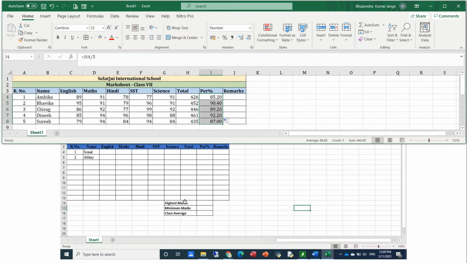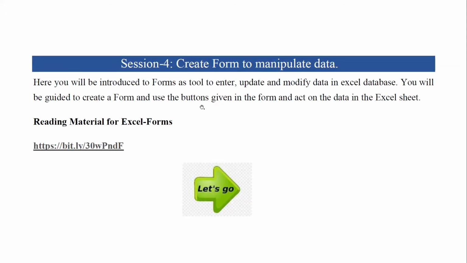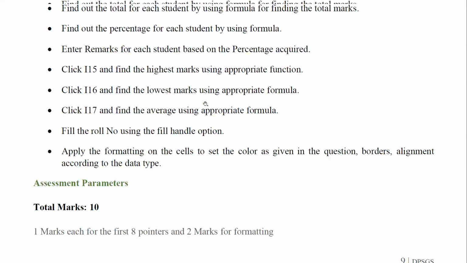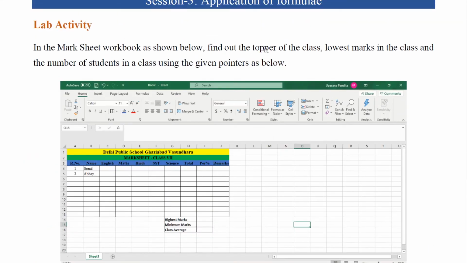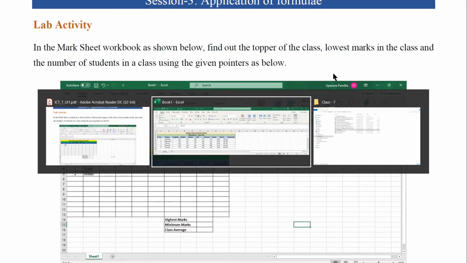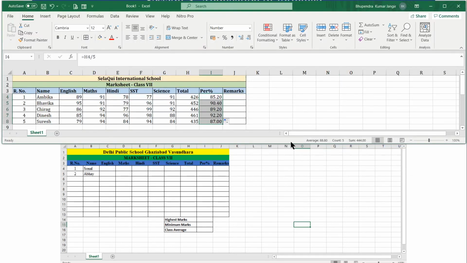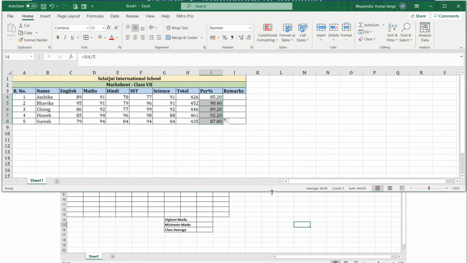Now what further do I have to calculate? Highest marks, minimum marks. That has been asked. First we have to work on what has been asked. So here in the question, the topper and the lowest have been asked. So we will do the calculation for that only first. Okay. So let me scroll it, maximize the size of this. So what I can do?